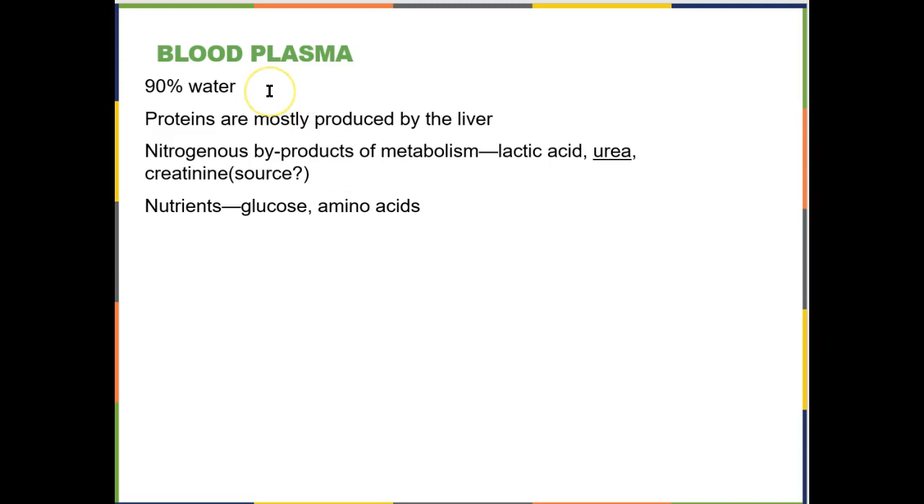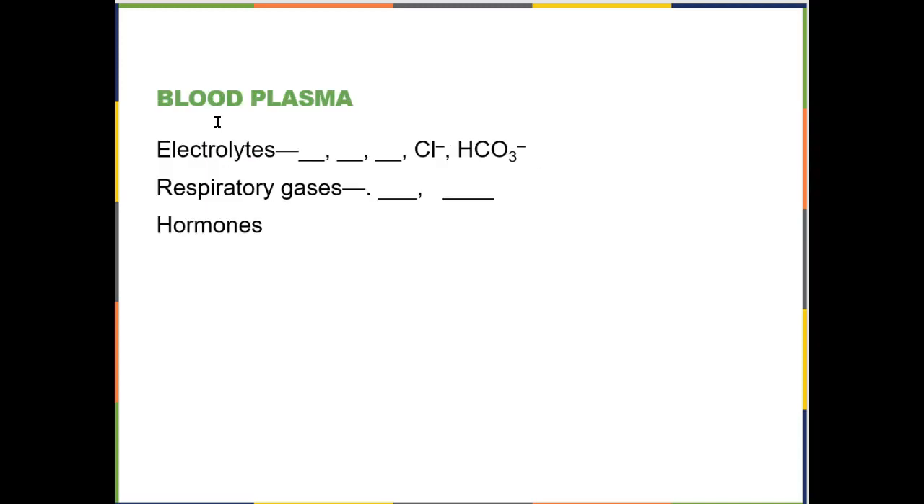And that's probably the most important part, is to know that it's mostly water, but that it's got a lot of protein in it so that it is isotonic to your cells. The plasma is going to contain electrolytes. You may recall that they are things like sodium,